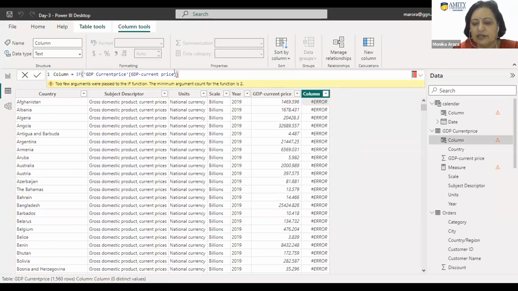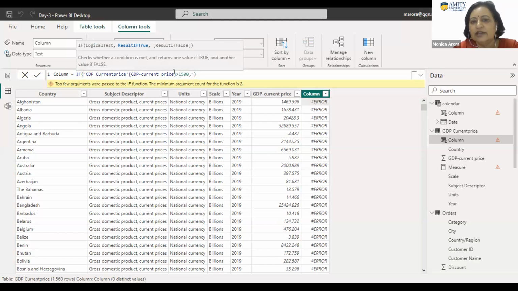If I put the double click and say greater than: if the GDP is greater than maybe 1500, because I can see that most of the GDP is more than that, then good. And if it is less than, then say bad